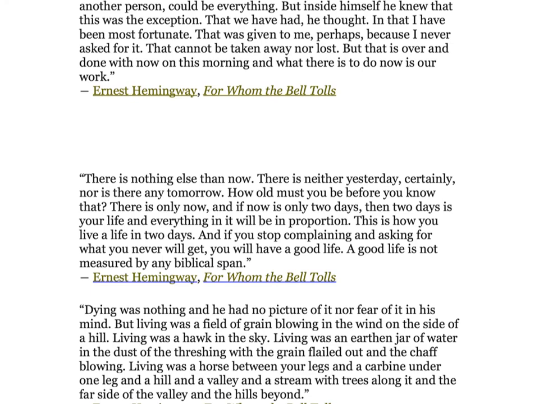There's that consecration to duty and brotherhood that comes from committing yourself to a just cause. But inside himself, he knew that this wasn't the exception. That we have had, he thought, and that I have been most fortunate. That was given to me, perhaps, because I never asked for it. That cannot be taken away nor lost. But that is over and done with now on this morning. And what there is to do now is our work. So I love this passage because